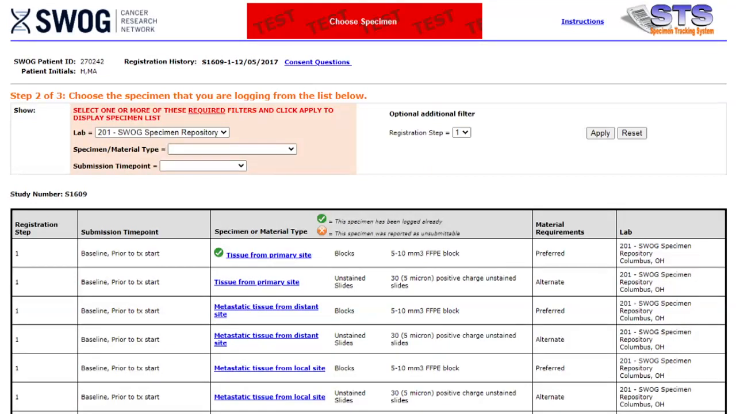Okay, so once you've entered the patient ID, only specimens for this patient will appear. You'll want to click on the blue hyperlink for the one you are trying to submit. There are different columns, registration step, time point. You want to pay close attention to the time points because some of the specimens repeat themselves. So you want to make sure you're not submitting for the wrong time point. And then there are two options for,